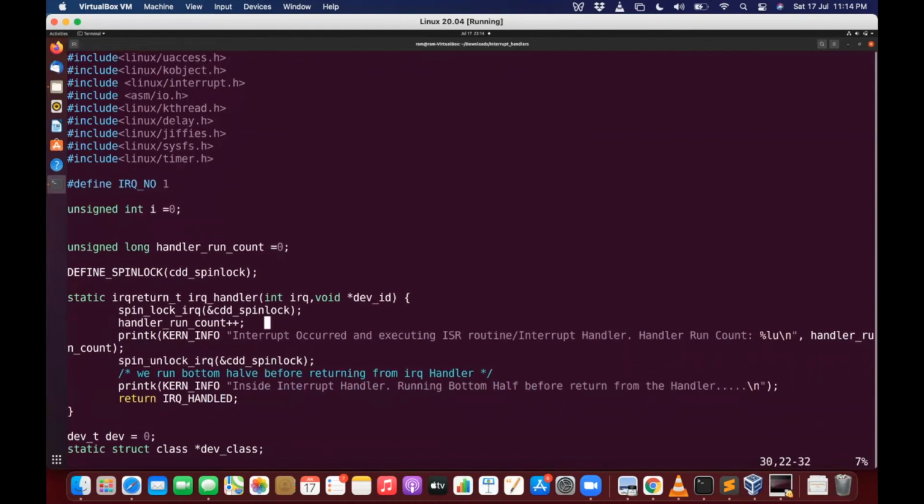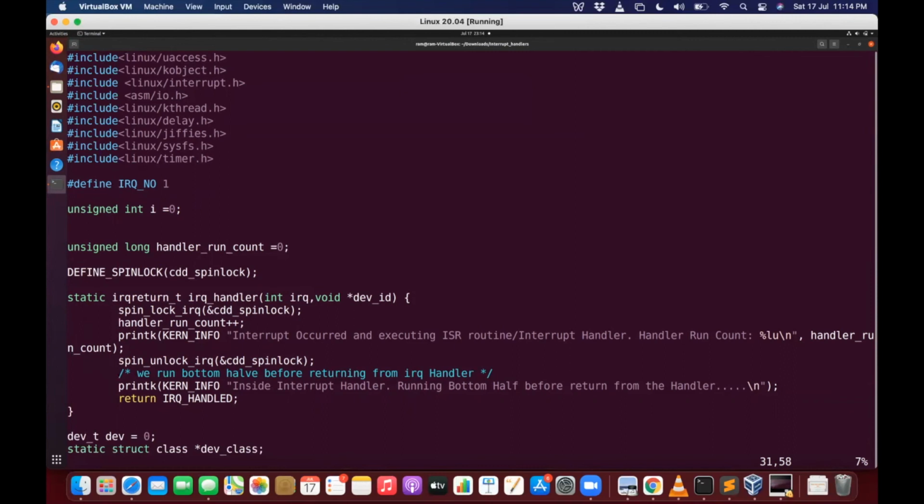Here we are just incrementing this variable. For incrementing this variable, we are taking a lock so that other processors can't modify this value while we are incrementing it. Then we are printing that the interrupt has occurred and we are handling the interrupt.